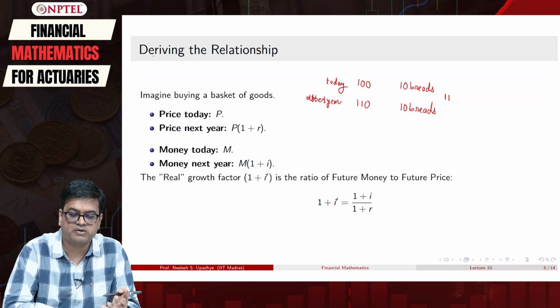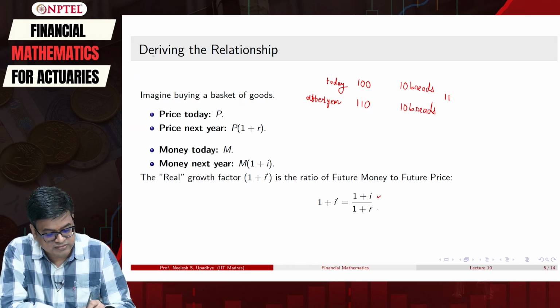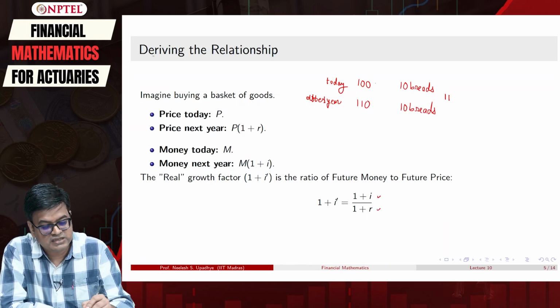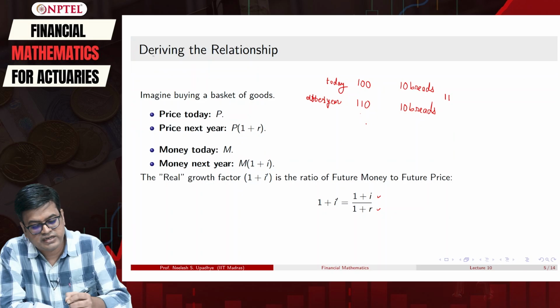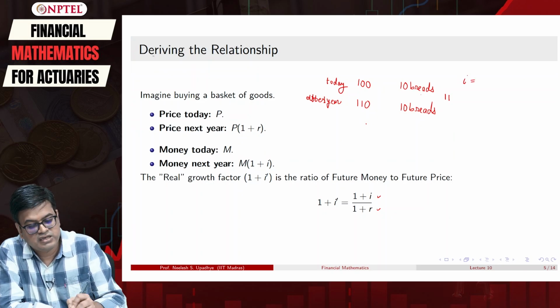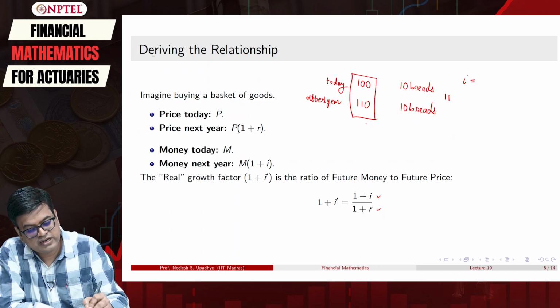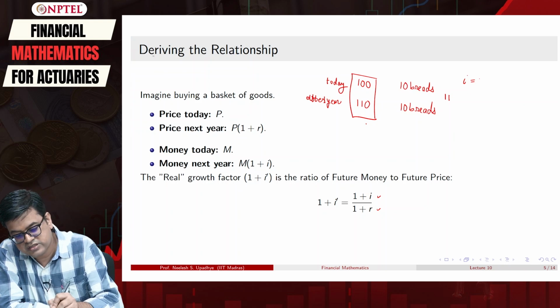So what has changed? Has your purchasing power changed? No, it has not, right. How did I compute that? I have taken this 100, so 110. So here is the thing. What is 1 plus I here? Let us first write down the interest rate. For the money that I earned, in this case, 110 minus 100 upon 100, so it was 10%.